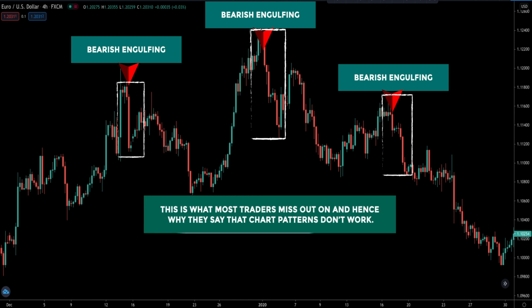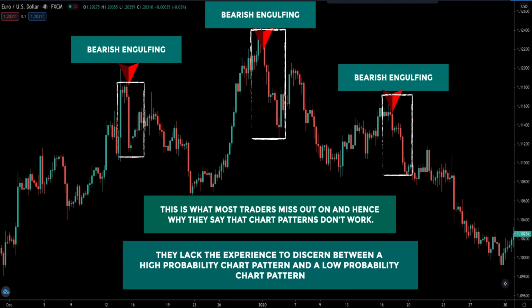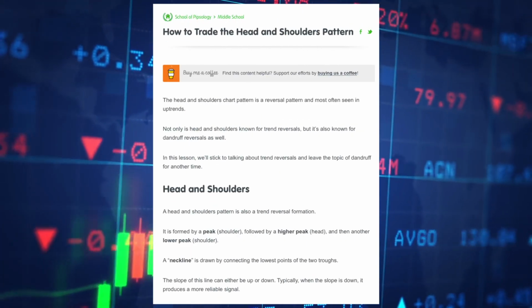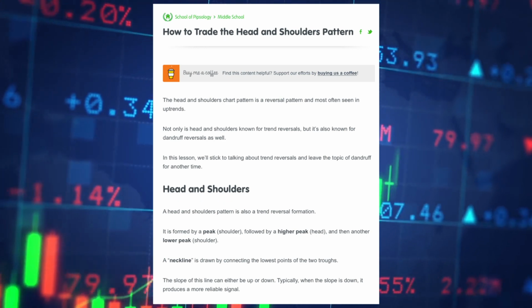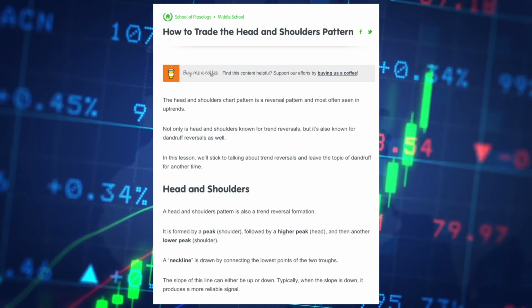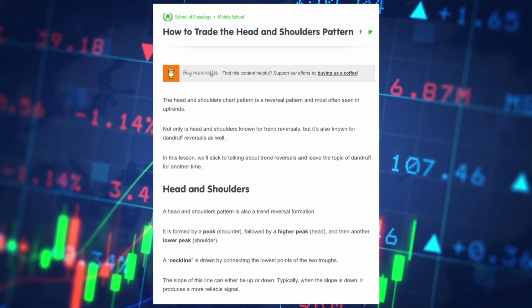This is what most traders miss out on, and hence why they say that chart patterns don't work. They lacked the experience to discern between a high probability chart pattern and a low probability chart pattern. Probably because they learned about it online and most websites only show you the generic chart pattern. They do not go into the specifics of analyzing the structure within a structure as what I have just shown